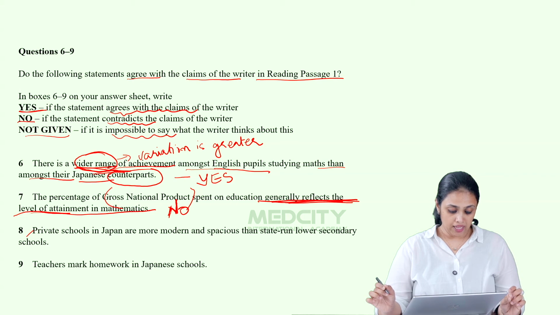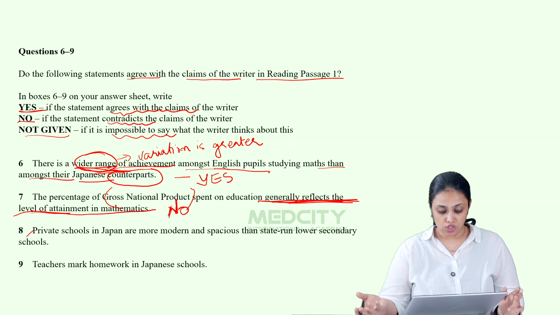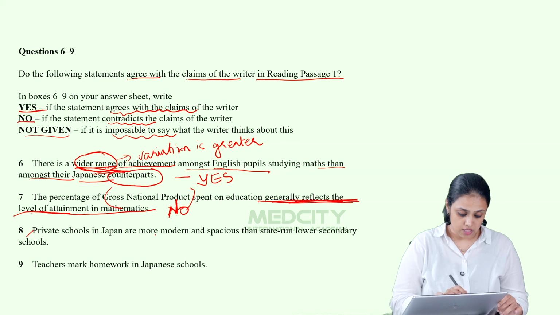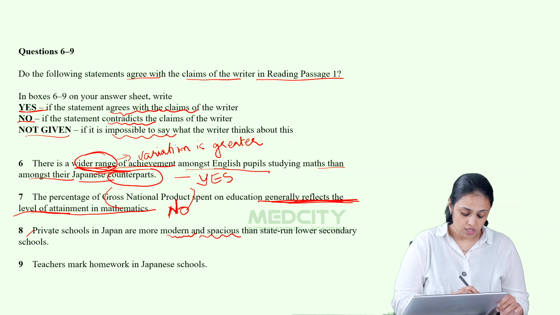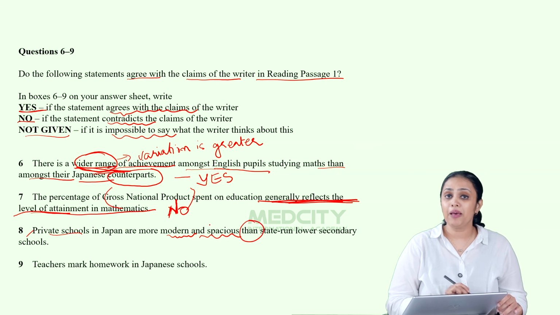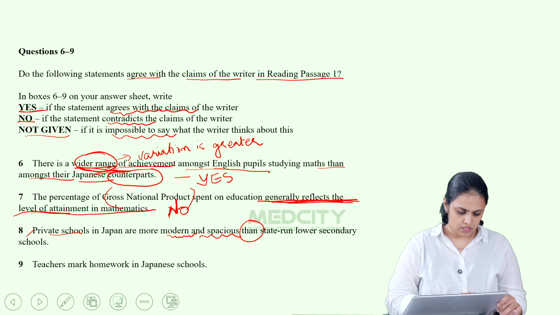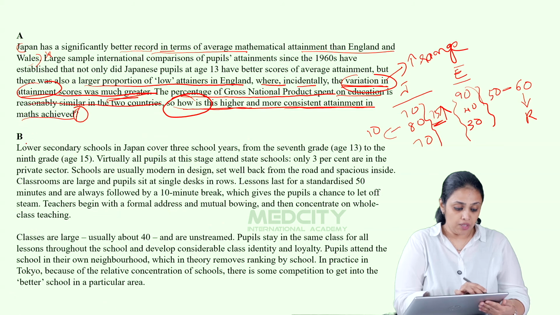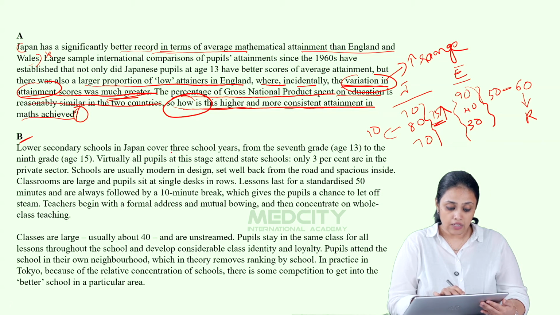Private schools in Japan are more modern and spacious than the state-run lower secondary schools. They're talking about how modern and spacious private schools are. It's a comparison. Okay. Now let's see where that can be found. Here in section B, you can see lower secondary schools in Japan cover 3 school years from 7th grade